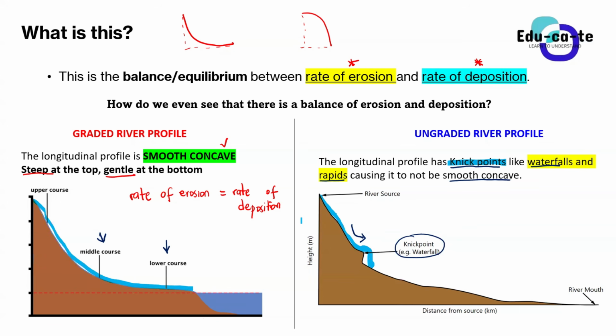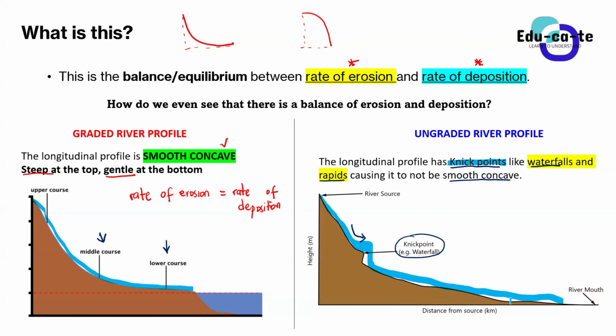But now when we look at an ungraded river profile, as the water is flowing down, it encounters a sharp change in gradient. Okay, it simply means that now the river valley changes rapidly, such that the water will fall here turbulently. The water will be falling and falling. So that creates a waterfall. So once we start having waterfalls as part of our river's course, we now say that is an ungraded river profile. And then after the waterfall, it will go down and go down until it reaches the mouth.